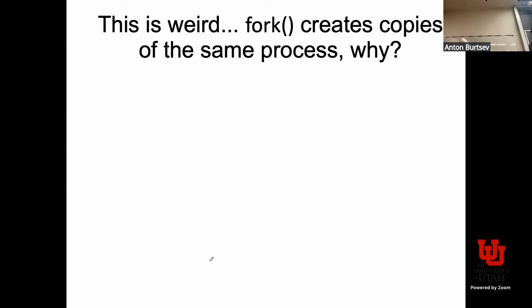Anyone? Is it because that way, with the same process, you still have access to things like different parameters that might have been available to begin with, that you can then feed in? For example, if you launch a program using the shell, it makes a fork of itself before starting up that process. And because you were starting that process through the shell, you potentially enter some arguments through the command line, so those are still accessible.